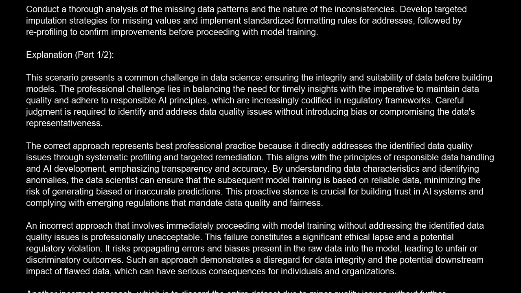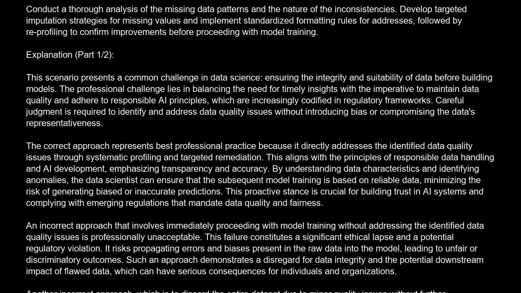By understanding data characteristics and identifying anomalies, the data scientist can ensure that the subsequent model training is based on reliable data, minimizing the risk of generating biased or inaccurate predictions. This proactive stance is crucial for building trust in AI systems and complying with emerging regulations that mandate data quality and fairness. An incorrect approach that involves immediately proceeding with model training without addressing the identified data quality issues is